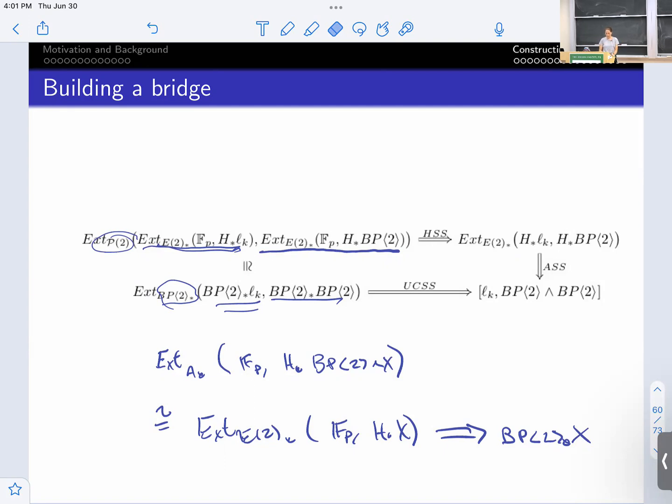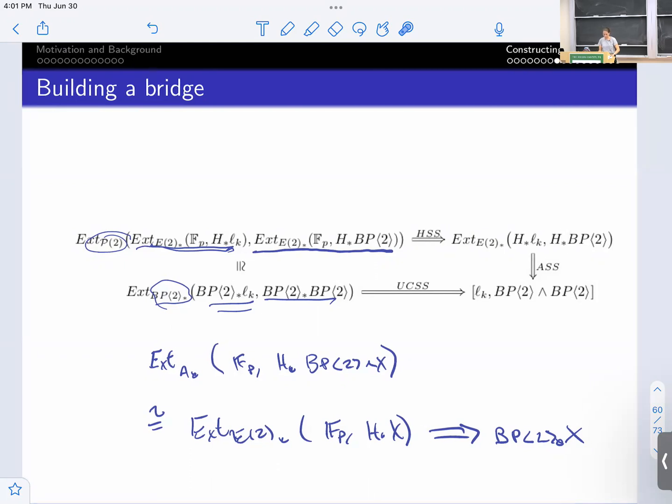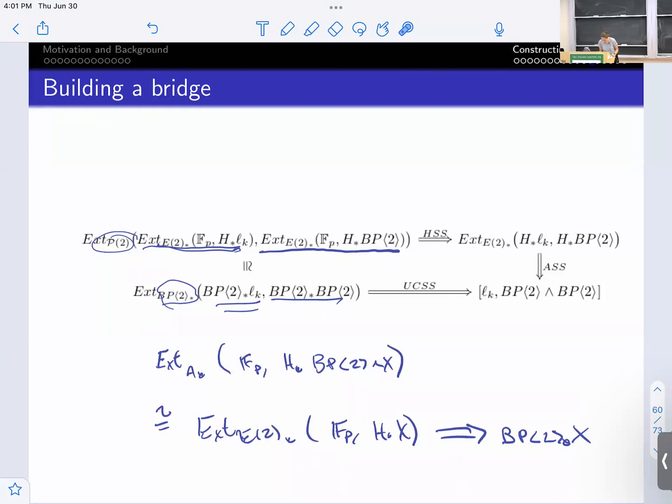And just say that basically the P of 2 structure up here is determining the BP2 structure down here. And then finally, we check that there are no surprising hidden extensions. You certainly have an extension from V0 to P, but there are no more extensions past that or besides that. Okay, so then